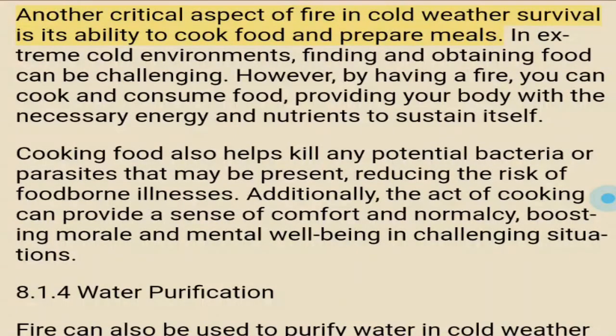Another critical aspect of fire in cold weather survival is its ability to cook food and prepare meals. In extreme cold environments, finding and obtaining food can be challenging. However, by having a fire, you can cook and consume food, providing your body with the necessary energy and nutrients